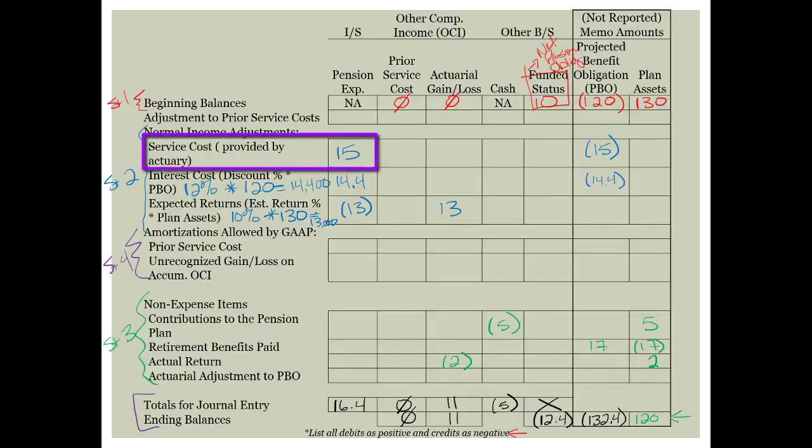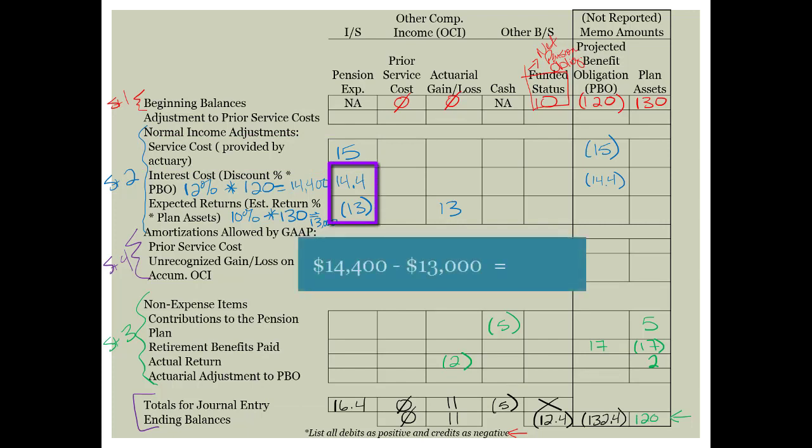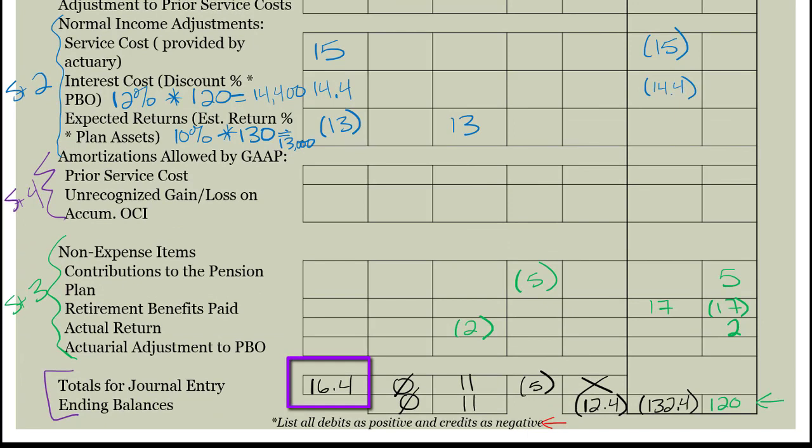And remember, we lopped the thousands off of these just to make it easier to fit into this table. The rest of this number, so the 14.4 debit and the 13,000 credit, we're going to add together to get 1.4 thousand, and that's going to be either a pension cost or a pension benefit. Now in this case, we've got a debit, that's a cost, so we're going to record a net pension cost of $1,400. And the sum of those two numbers will always be equal to this journal entry total down here at